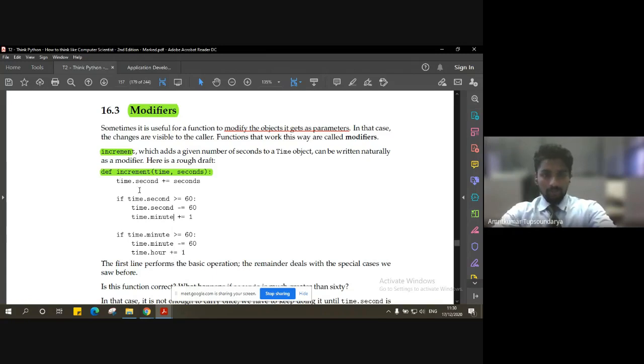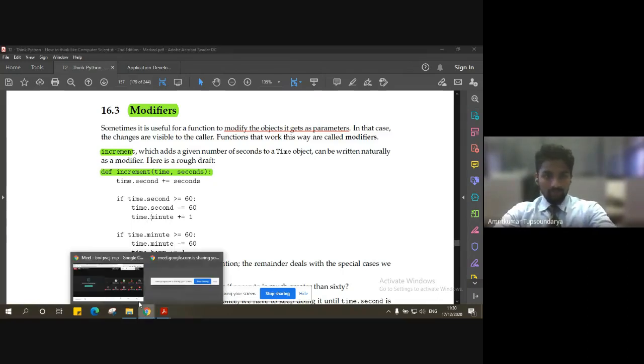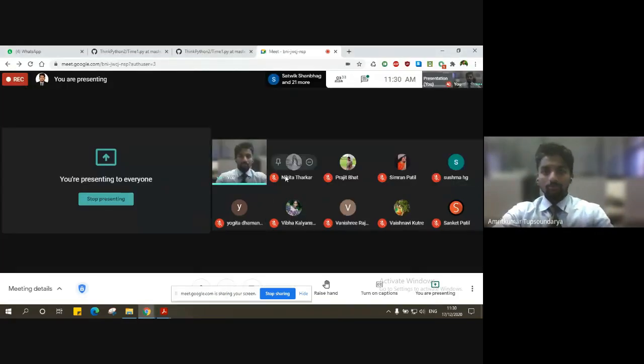Like for example, like this, and it can be one more example. Can anybody give me one more example? I'll just leave the example up to you. Anybody can think of a similar example wherein we can have an inbuilt modifier placed for that? Before I give you any example, can anybody come up with an example?